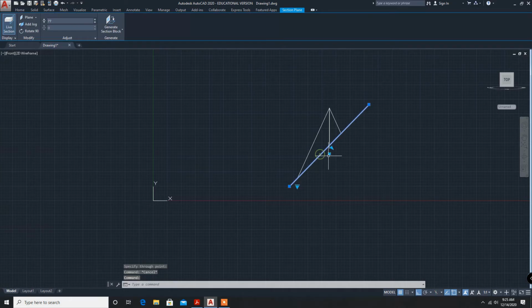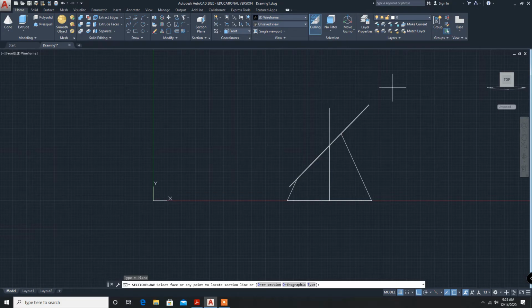You can click here; if you press this arrow, the top part is removed. So the top part has to be removed. Enter. Now I will delete this line.